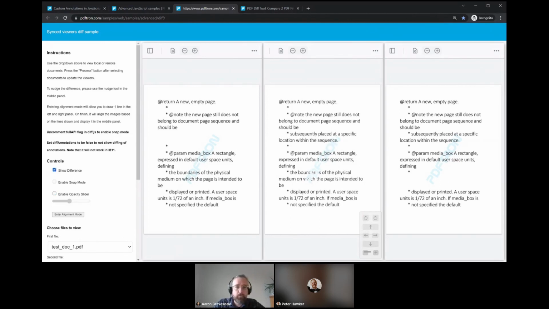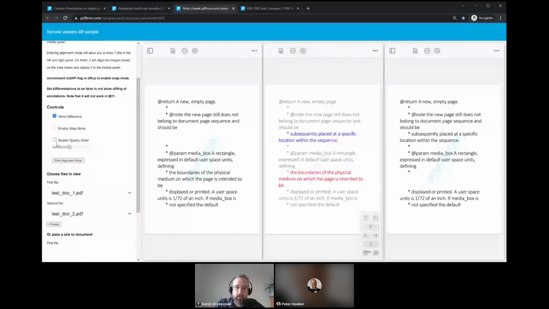We have some other controls within this sample as well that are tailored for the AEC space. One of those is this nudge tool that we have here in the middle. And again, as I was mentioning before, a lot of these use cases are designed around cases where new versions of the document come in through scan or fax. In a lot of those cases, the new version might not be perfectly aligned with the old version. So it might be slightly larger, or maybe when somebody scanned it in, it was a little rotated or translated